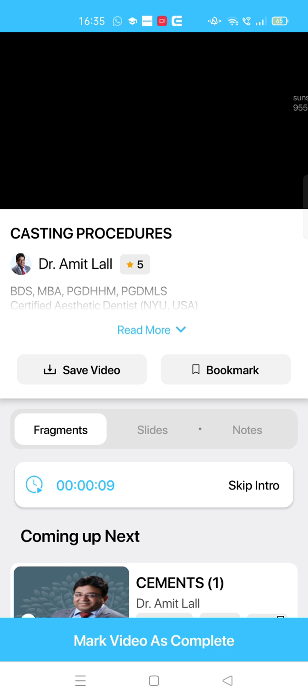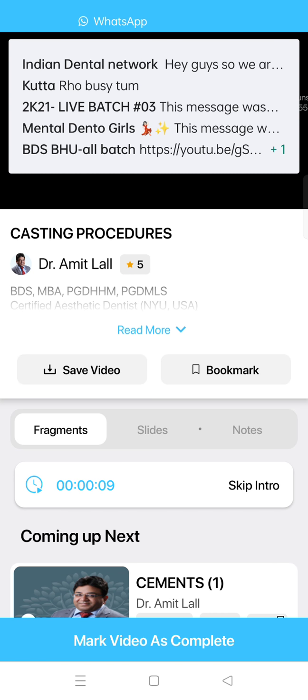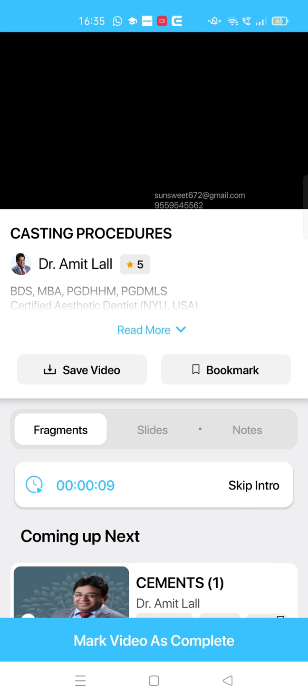Then most important for your exams is HSC. The factors which control HSC: composition. HSC is directly proportional to silica content and finer particle size of silica. Then water powder ratio. HSC is inversely proportional to water powder ratio. Then spatulation. HSC is directly proportional to spatulation. Then shelf life. HSC is inversely proportional to shelf life.